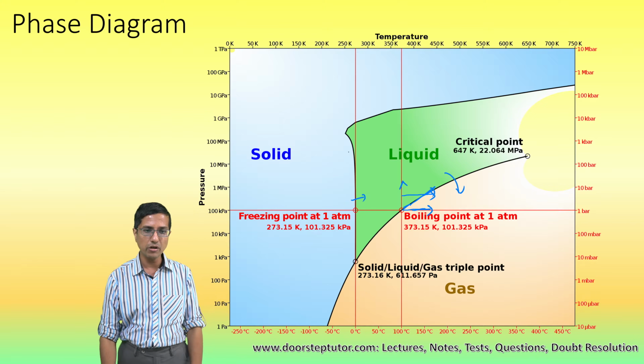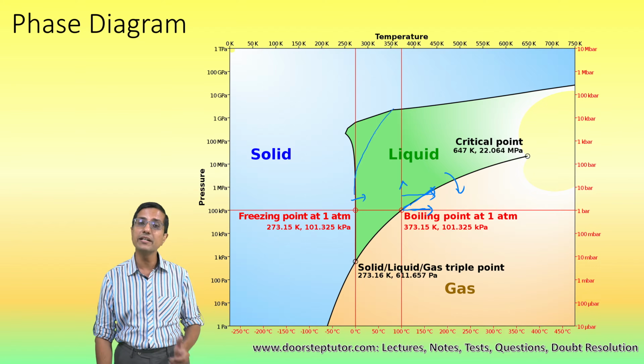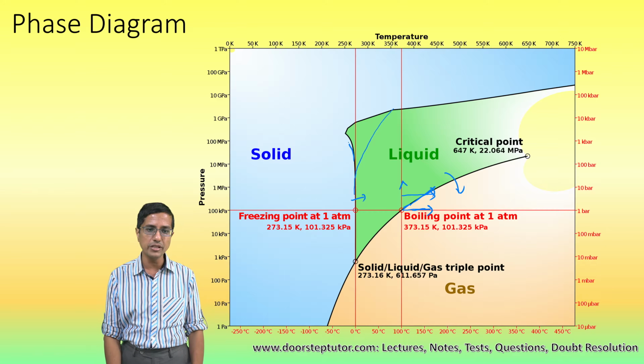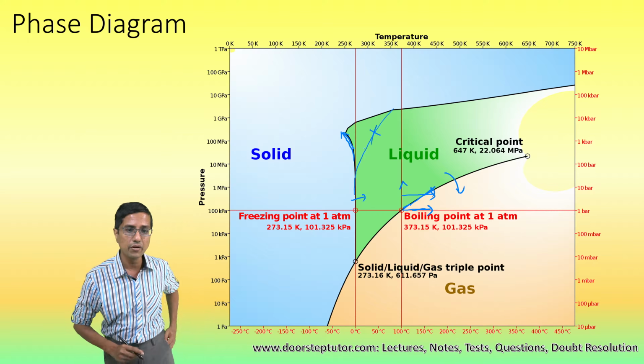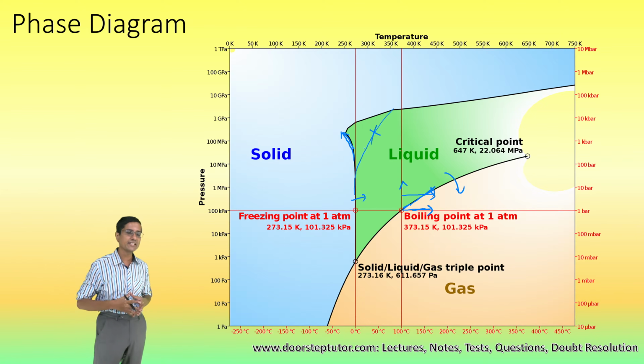So this solid to liquid curve, I would have expected it to go like this, but it doesn't go like this. It actually goes like this. Okay, so it goes in the reverse direction. And why is that? In the case of water, this is an exception,